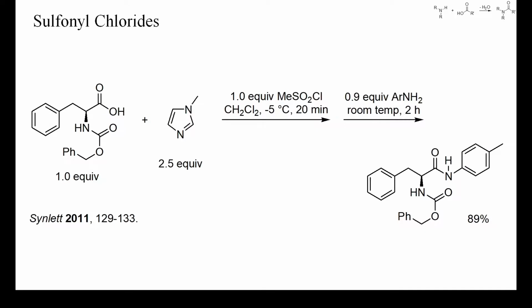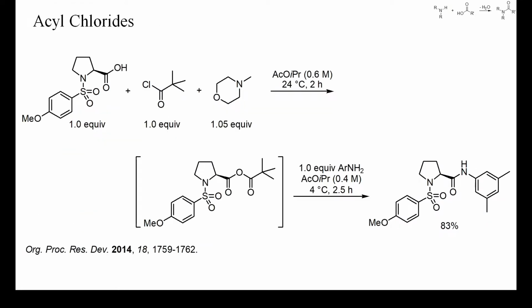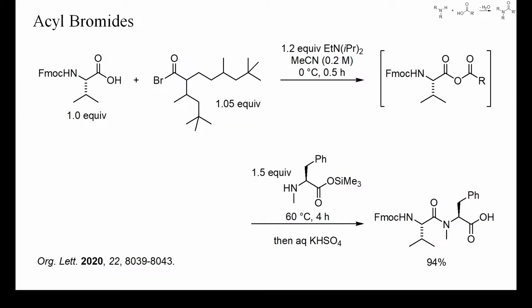This is an example of the formation and use of a mixed carboxylic sulfonic anhydride. This anhydride was sufficiently reactive to acylate toluidine at room temperature within 2 hours. As weak auxiliary base, methylimidazole was used. In this example, again a protected alpha amino acid anilide was prepared from a mixed anhydride. In this instance, pivaloyl chloride was the activating reagent and the weak auxiliary base N-methylmorpholine was used to enhance the reaction rate. Even substituted isobutyryl halides can be used as activating reagents, as shown here.